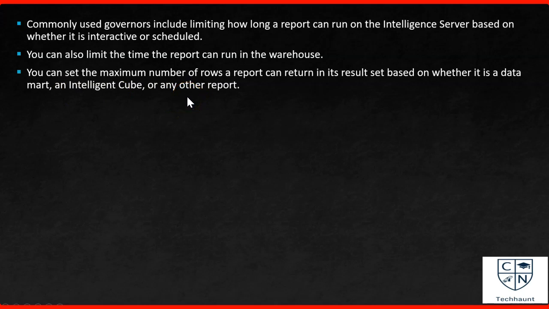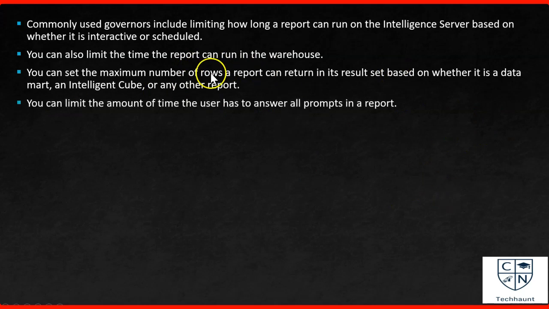So let's suppose you have more than 30,000 or 40,000 rows in your reports, but you don't want to see such a huge number of result sets in your execution, and you just want to govern that I want to display only 10,000 rows at a time for a particular report, for all the reports at my project level. So you can limit those rows at your reports level, because of course if the number of rows increases, the load will also increase on your intelligence server as well as your data warehouse.